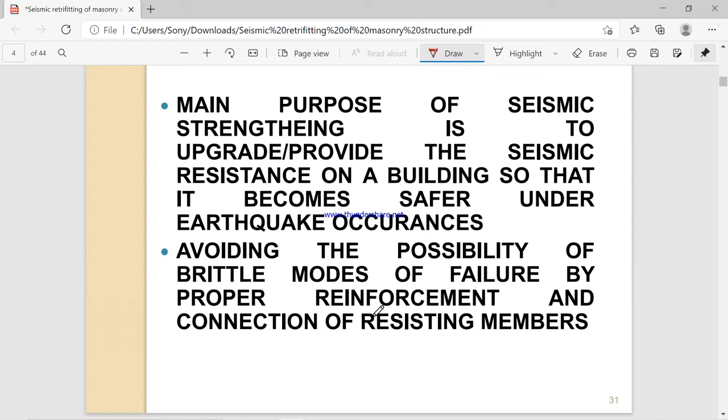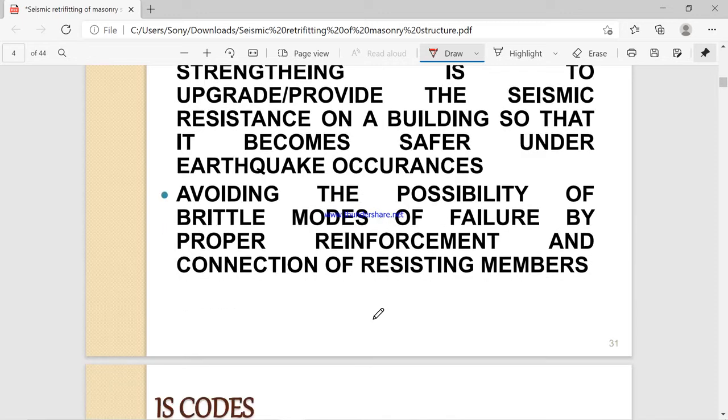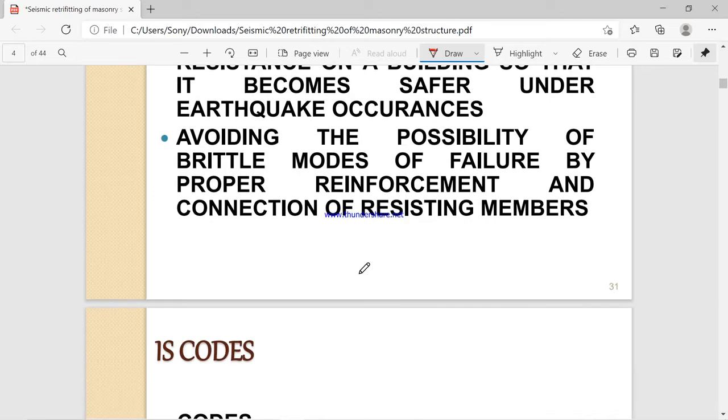This is the main purpose of earthquake resistance of a masonry building, in order to avoid the possibility of brittle failure, which is more common in reinforcement connections and resisting members.